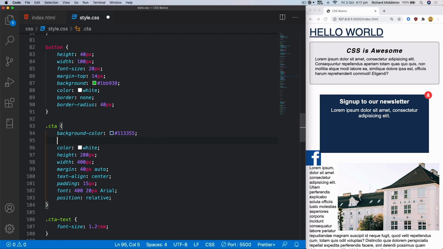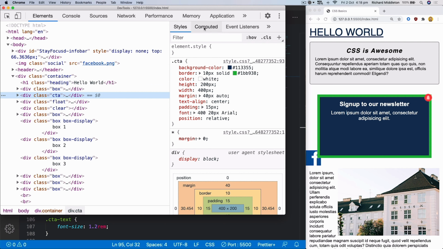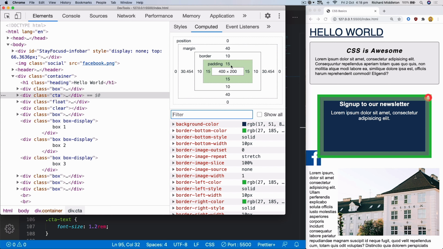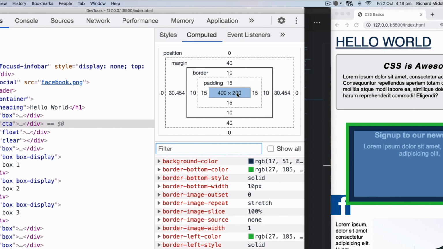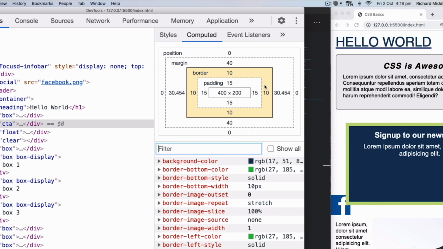Let's add a border of 10 pixels, solid, hash, we're going to go to green color, hash 1BB938. So we have this nice green background, right? This green border. Now, if I inspect this, we said this wanted to be 400 width, right? And as you can see, if I go to computed, actually, this is 400 plus 15 padding plus 10 border